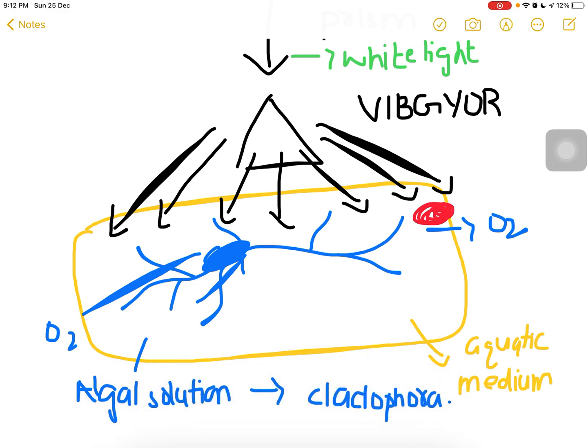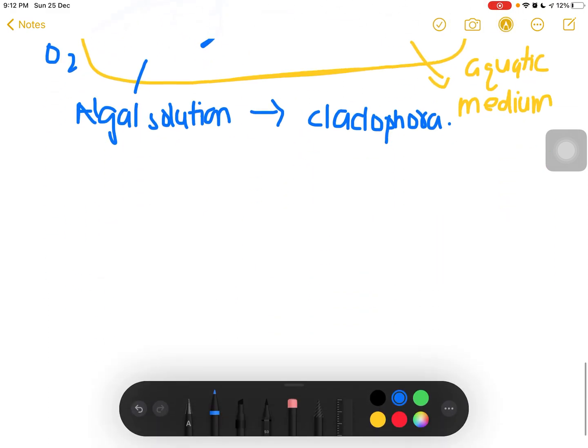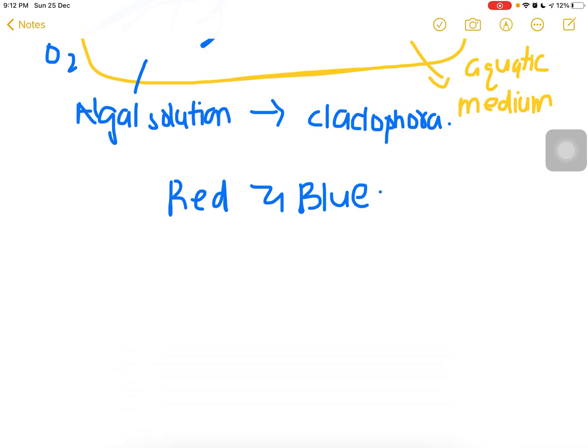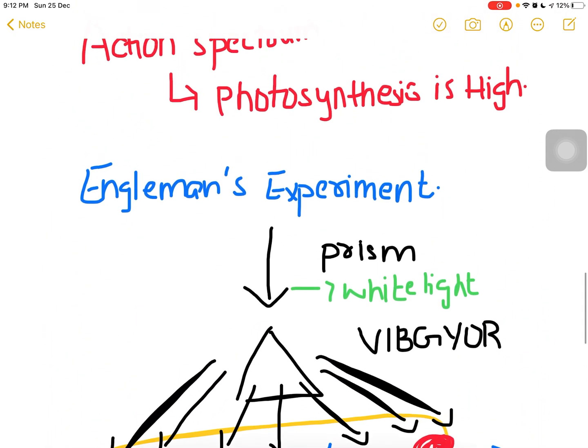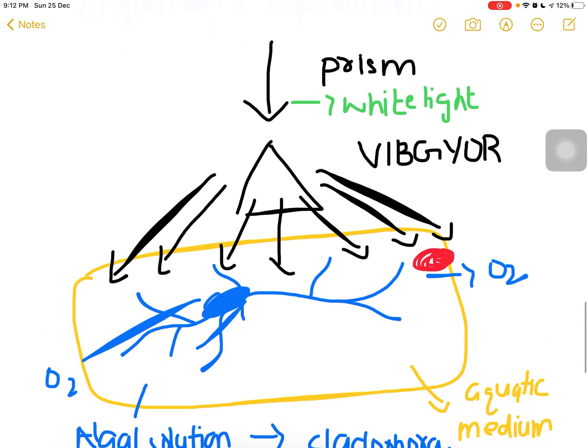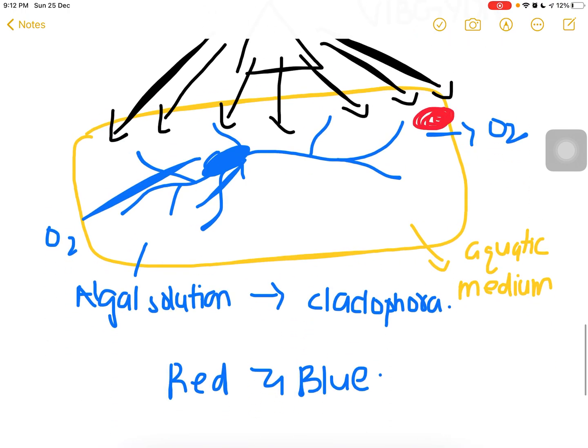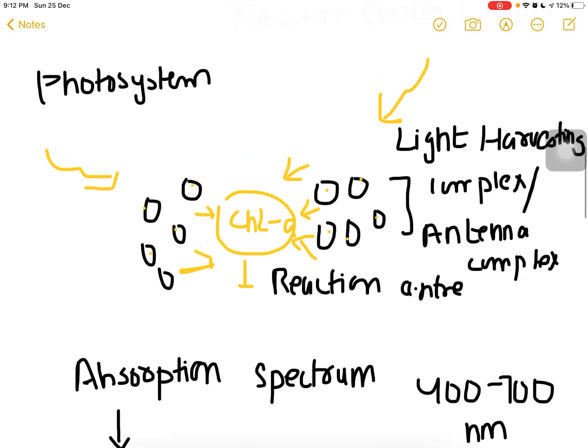So the action spectrum shows that the efficient frequencies are red and blue, right? So this was the experiment performed by Engelmann, and it's known as Engelmann's experiment. And this is an aquatic medium, and he took an algal solution, and the alga was Cladophora. So I guess this concept is